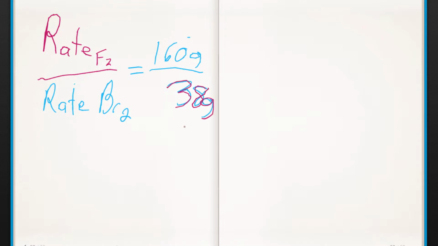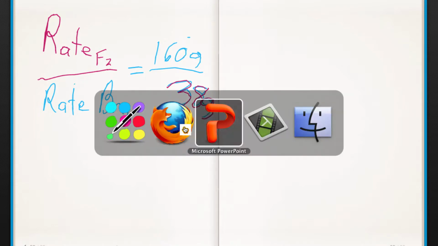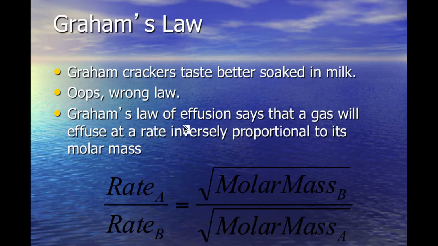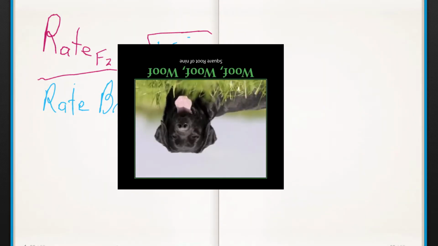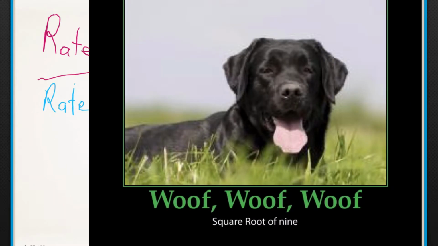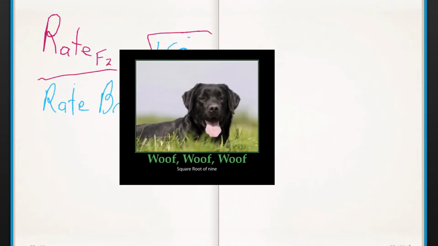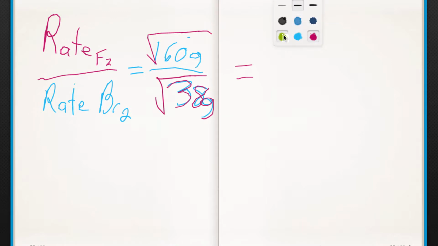I am missing one thing from the equation. Look back at the equation, see if you can figure out what I'm forgetting. See how it's the square root of that? So we need to know the square root of each one, not just the mass of it. Let me go back and fix my work. I need to know the square root of this one right here and the square root of this one right here. And when I do that, I get, let's go green,